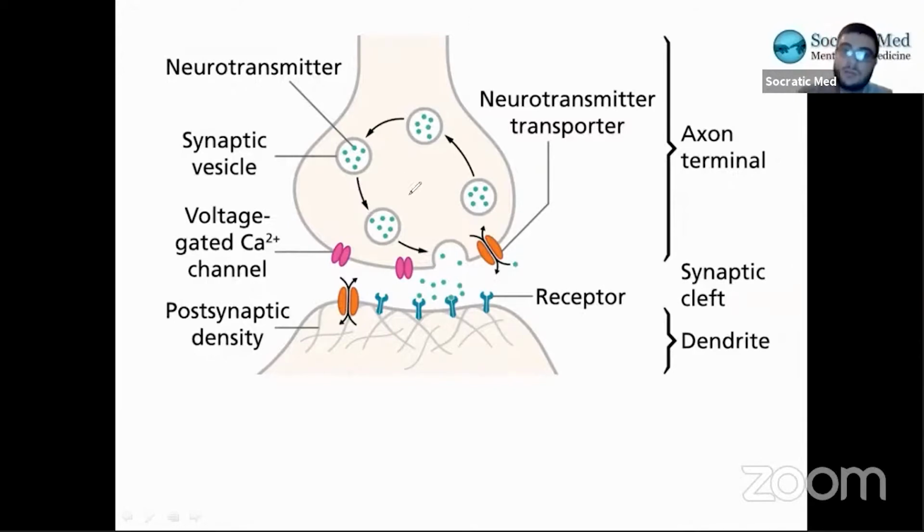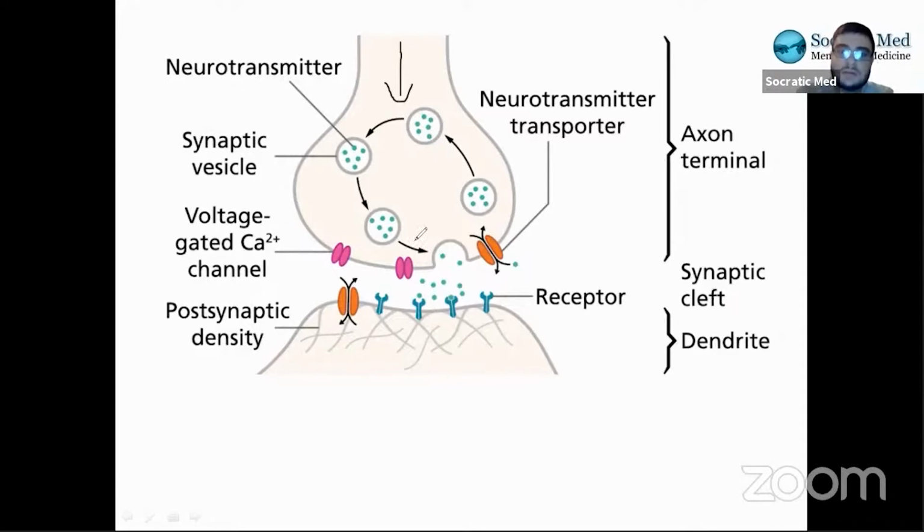An action potential, you remember, goes down an axon, so it would have traveled a long, long way, and then it would have finally come in through here, right? Once the action potential reaches this end part, it goes to these voltage-gated calcium channels right here, right? These little pink dots. When the action potential reaches that point, the calcium channels open, and this portion gets flooded with calcium from this outside space.